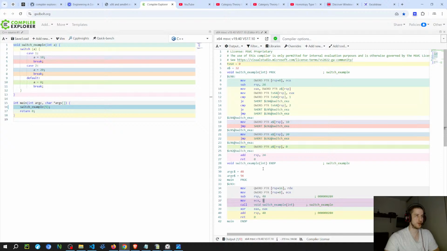So ECX is going to be the one that has the parameter, and it moves that to the stack, one below the stack pointer. Then it allocates 3 rows for the shadow space, I think, or maybe for local variables. I think this one is for local variables because I remember this example. I saw this example last time. So here is moving, based on the offsets. I think it does a plus 32, which means it's gonna get RSP plus 8, because here it has 24, so it's 32 minus 24, which is 8.